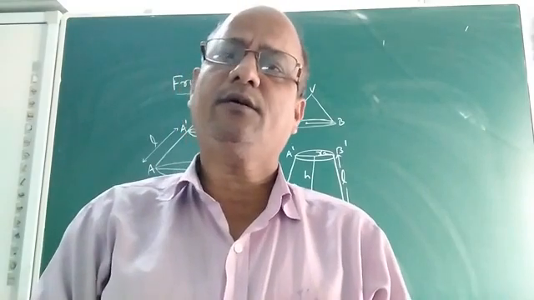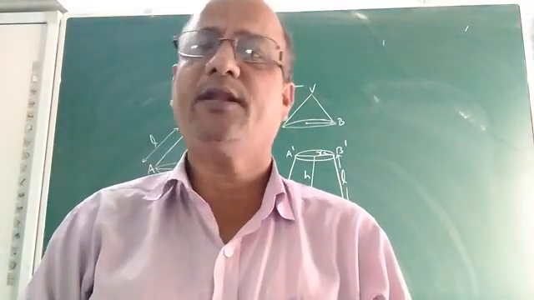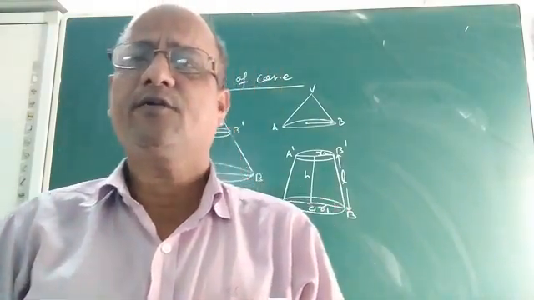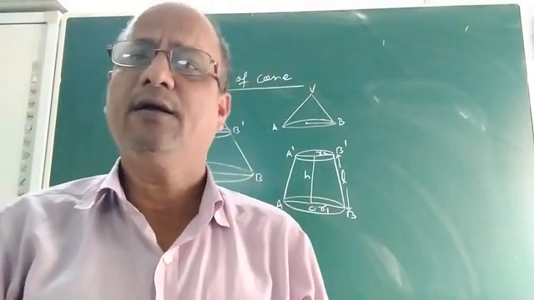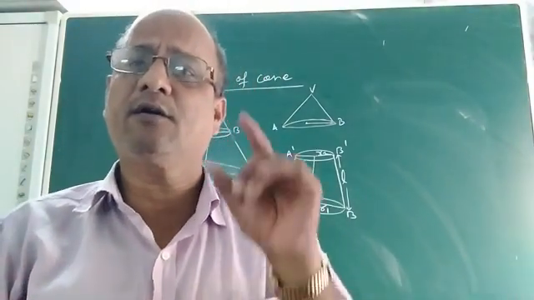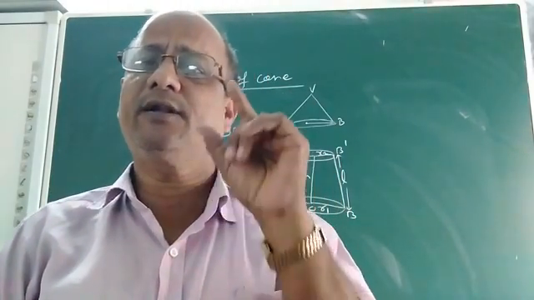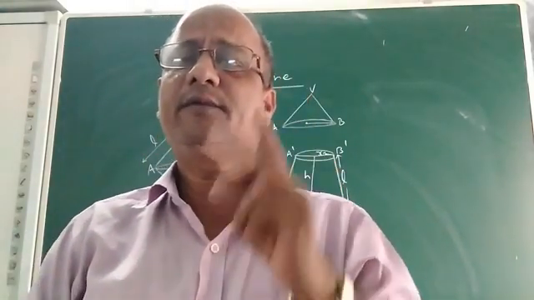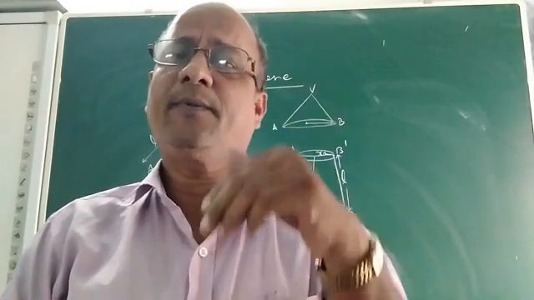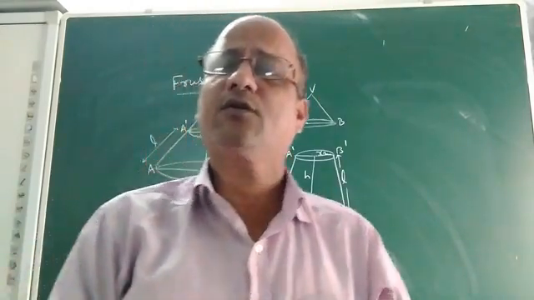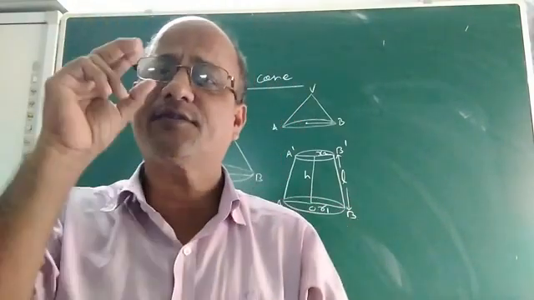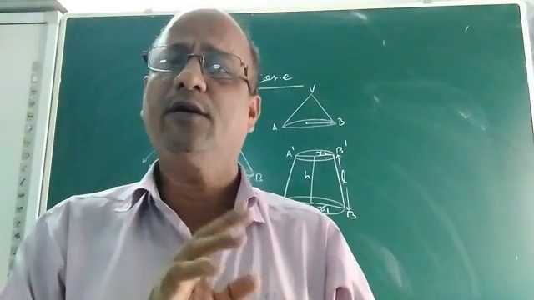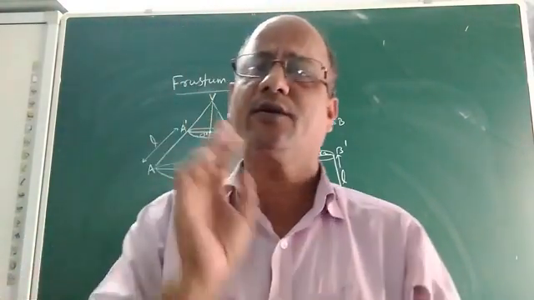Children, in the last class we discussed how to find the surface area and volume of a combination of two or more than two solids. Suppose you are given a solid in the form of an iron pillar. The lower part or the bottom part is cylindrical and the top portion or the top part is conical. If an iron pillar, which is a solid, consists of two parts, one part cylindrical and the other part conical, that means the conical part surmounts the cylindrical part, how to find its surface area and volume? It is a combination of two solids. Yes, it was discussed in the last class.